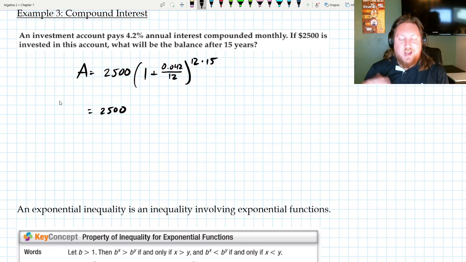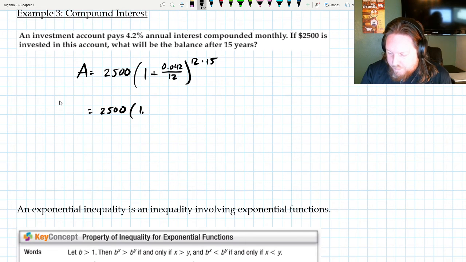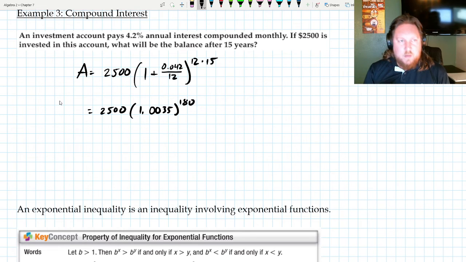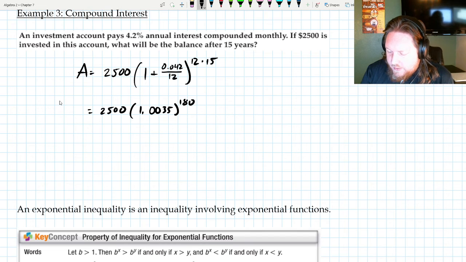I immediately just add 1 to it. 1.0035. 12 times 15 is 180. And that's what I'm going to plug in my calculator now. So 2,500 parentheses 1.0035 close parentheses caret for the exponent 180,